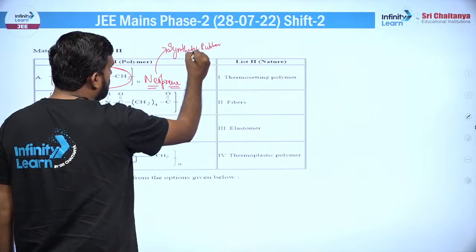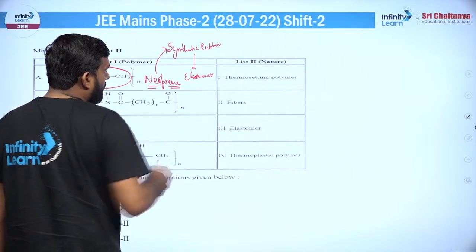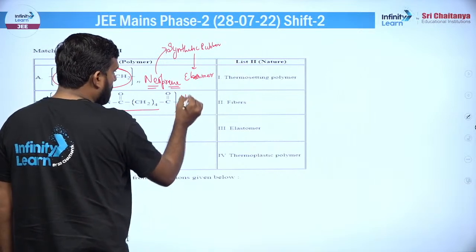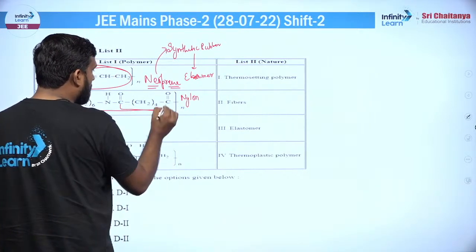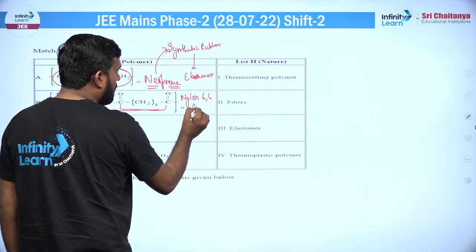तो सिंथेटिक रबर जो होते हैं वो एक्चुअली एलास्टोमर की कैटेगरी में आते हैं, ठीक है। तो ये एलास्टोमर की कैटेगरी में आएगा, ठीक है, पहला वाला। दूसरा जो है ये बेसिकली नाइलॉन 6 है, ठीक है। अब देख लो इधर भी 6 कार्बन है और इधर भी 6 कार्बन है, ठीक है। तो ये नाइलॉन 6 है जो फाइबर की कैटेगरी में आता है,